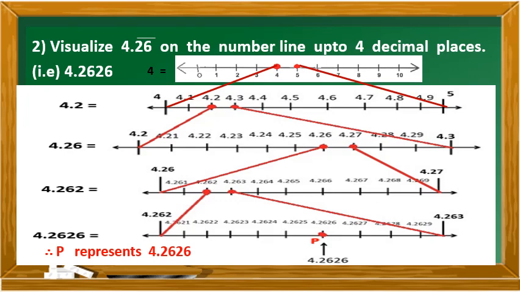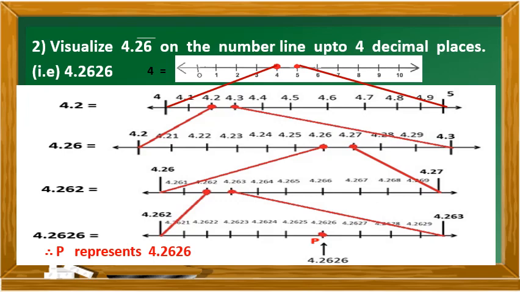We are going to draw the next number line, that is the points that lie between 4 and 5. Draw a number line, again divide it into 10 equal parts, mark the first point as 4 and the last point as 5. Now write the points, that is we have to represent 4.2. Start writing it as 4.1, 4.2, 4.3 and so on till we reach 4.9 and at last 5. Now circle 4.2. Now see the next decimal 4.26. Where does it lie? It lies between 4.2 and 4.3.